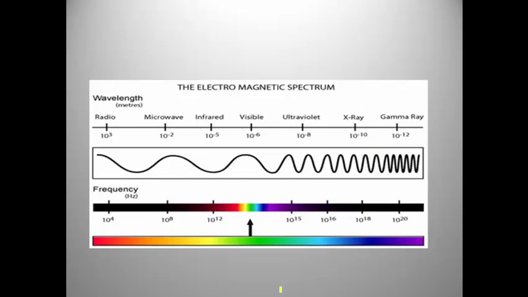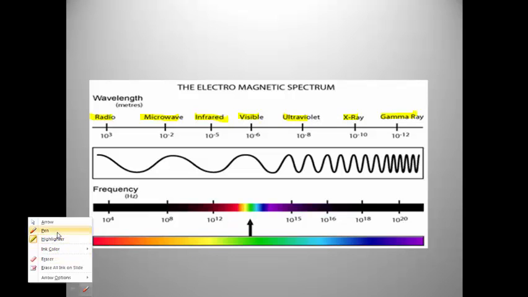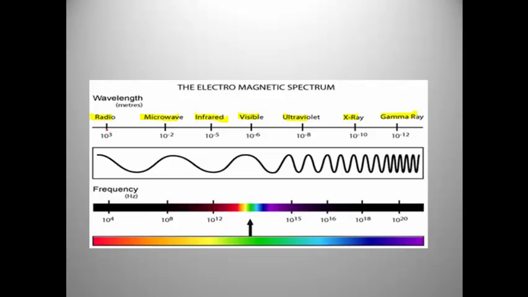Now, the electromagnetic spectrum is really easy. First of all, you have to know all of these in order. So you have to know radio waves, microwaves, infrared, visible light, ultraviolet, X-rays, and gamma rays. Now, if I were you, I would come up with your own mnemonic, because you need to know these in order. What they might do is have some of these, but some might be missing. So just think to yourself, I need to come up with a phrase that goes R, M, I, V,